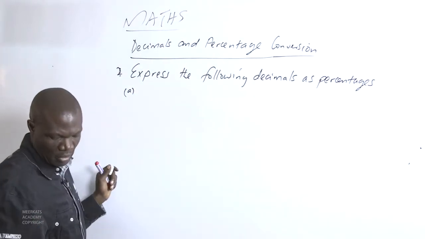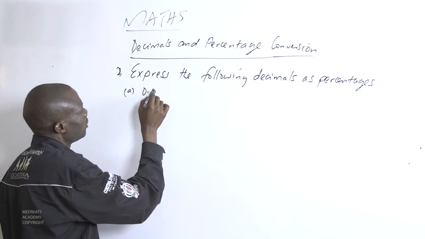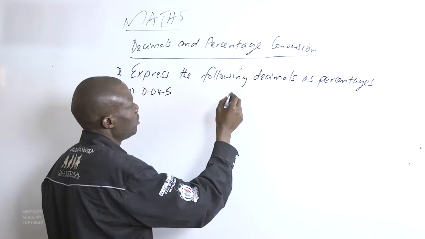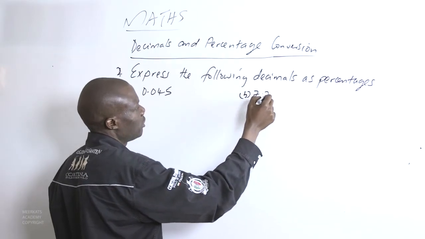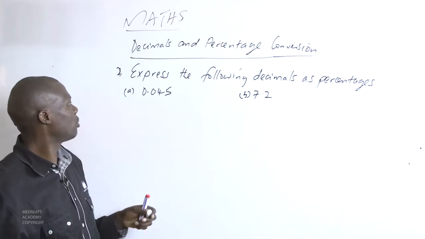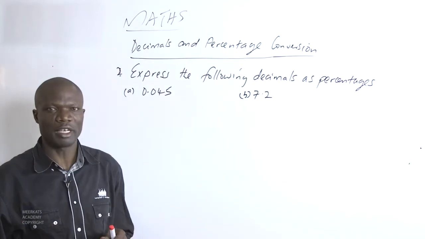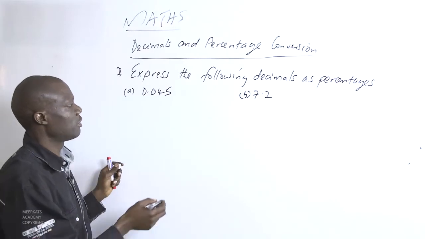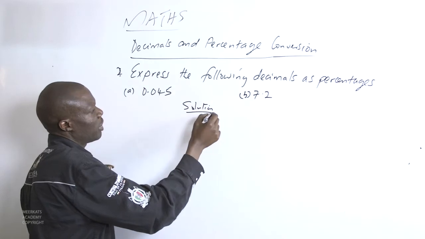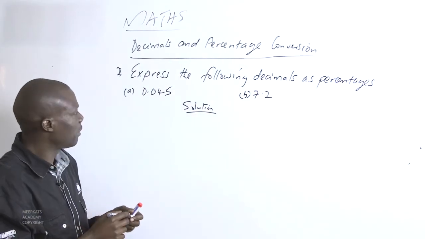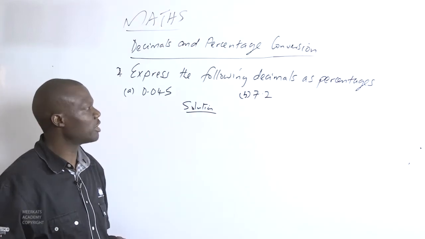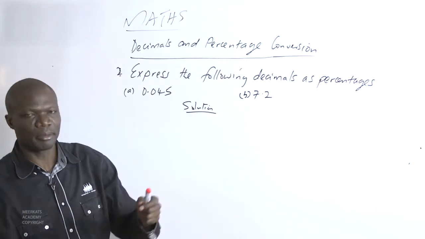And this one we have A, 0.045, and then B we have 7.2. So we have those two, 0.045 and 7.2. In our solution, from the question we are required to convert or to express the two decimals here as